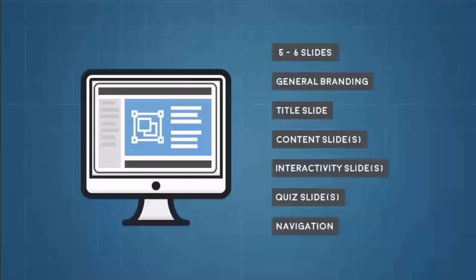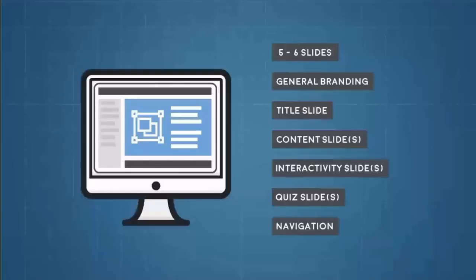And I am not a big fan of showing wireframes to subject matter experts. And the reason why is when you show a wireframe to a subject matter expert, when you show something that has zero visual design, they cannot, in their heads, comprehend that that is not what the course is going to look like. Every time I've tried to show a wireframe to a client, they go, well, is that what the buttons are going to look like? And I go, no, it's just a placeholder for a button.